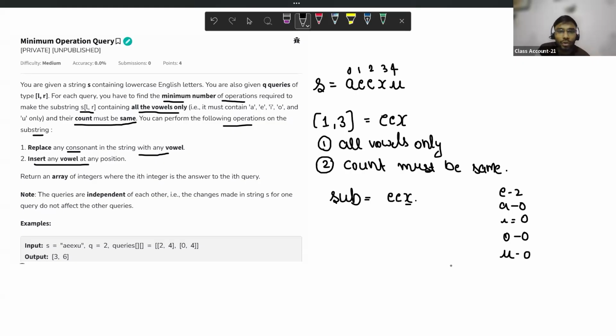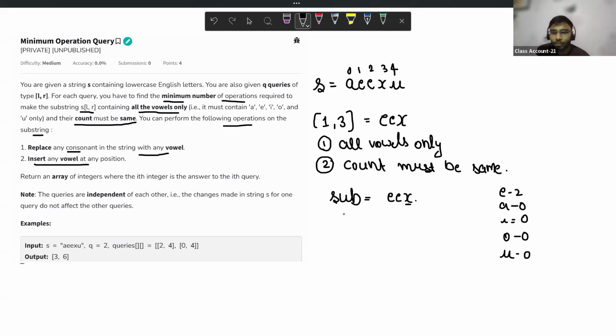So what they want is that the count of every vowel must be the same, and there should be only vowels, and two operations must be used. Either I can change this consonant into a vowel, or I can add any number of vowels.